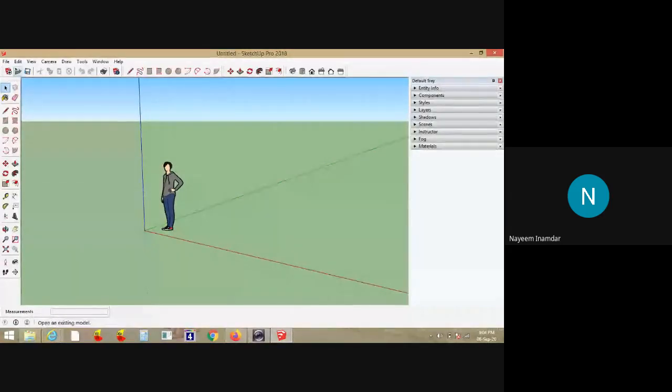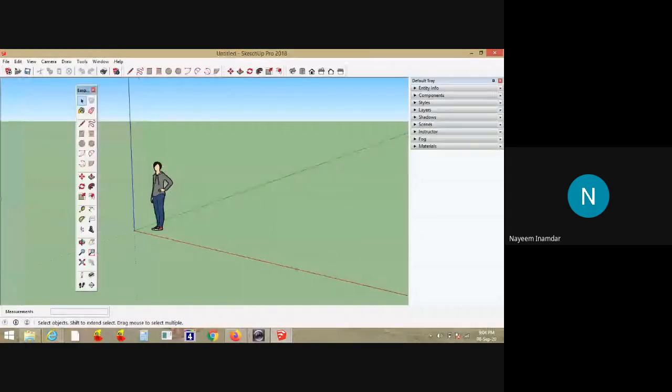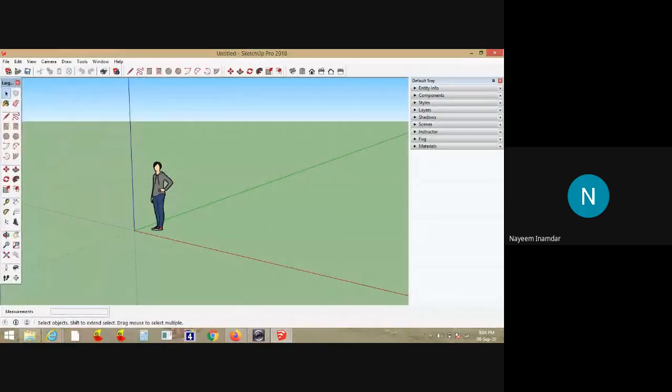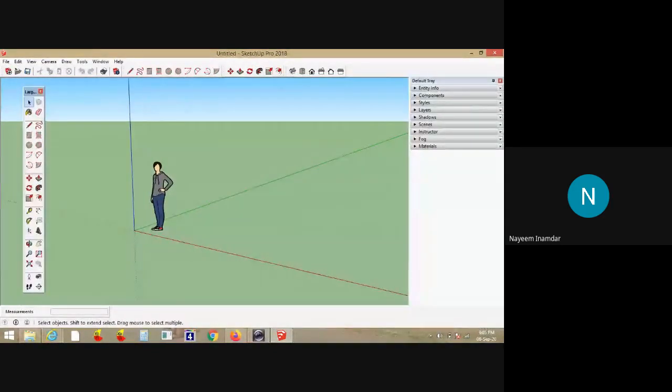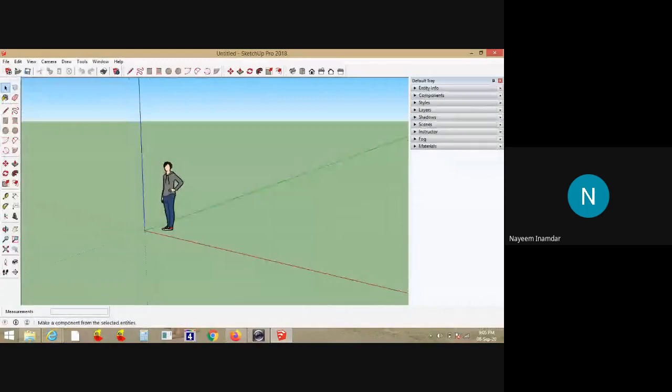Let me explain. I chose the draw toolbar, standard toolbar, edit toolbar, as well as the view toolbar, and one more toolbar, the large tool set. You can make notes also. If you forget things, you can make notes of what commands and toolbars we use. Mainly it is the large toolbar. Whatever draw and edit commands are there, everything is available in this large tool set. Only this toolbar is enough to make any kind of three-dimensional object here.